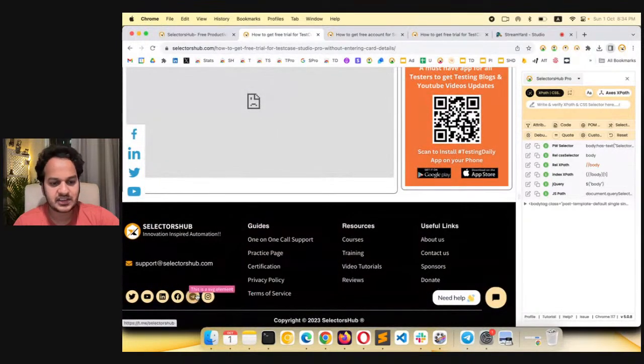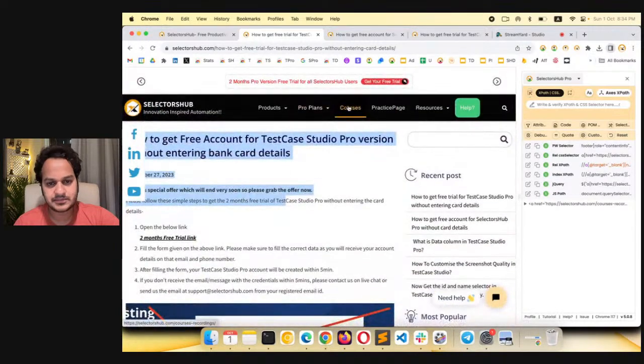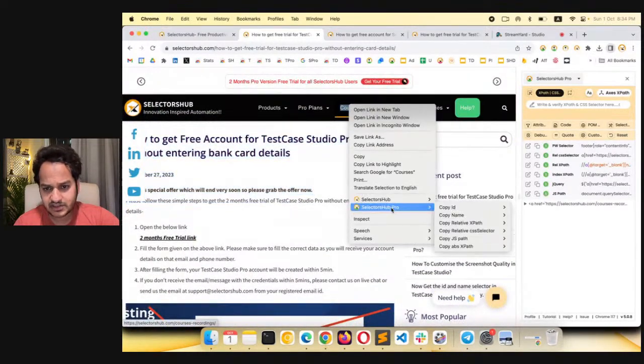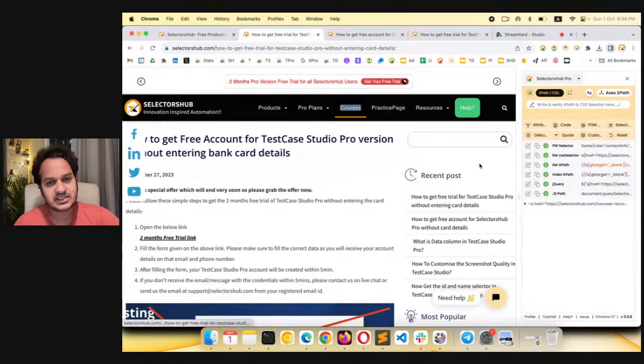So these features are really incredible. Like if you right click here, you see that you get the context menu. Here you get the value itself, you can see what the values of XPath are before copying, while in the free version you don't see all these innovations. So really great features are there in the pro version of SelectorsHub Pro and TestCase